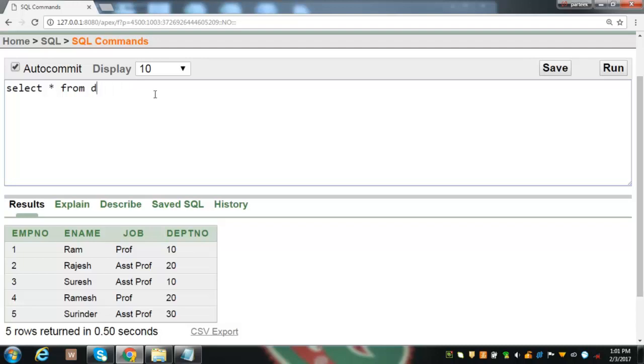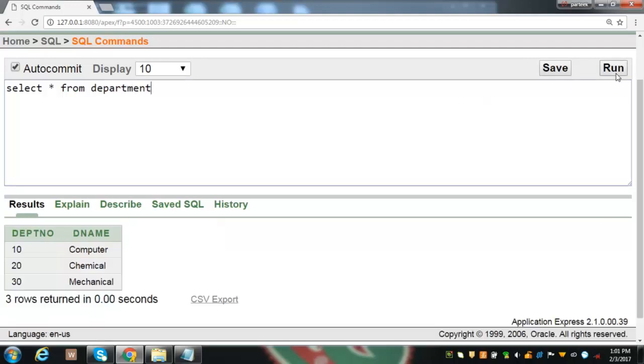And these are the records of department table. Now what will happen if I issue this statement to delete record of department number 30 from master department table? Here I have created foreign key on employee table with on delete cascade option.